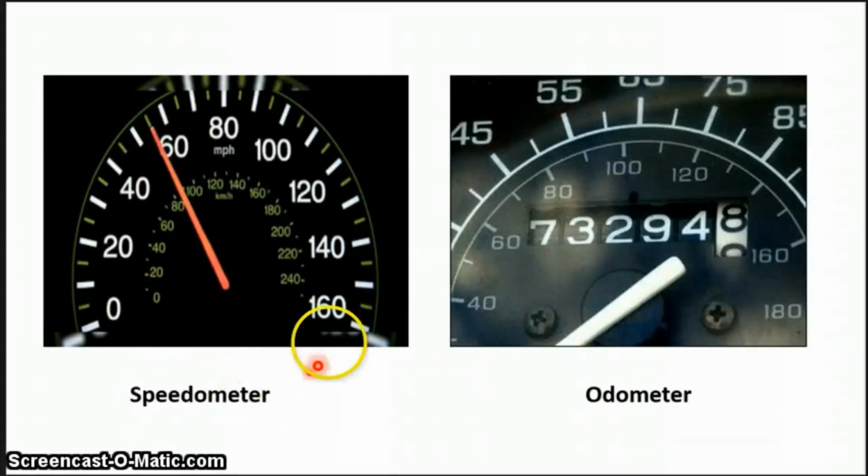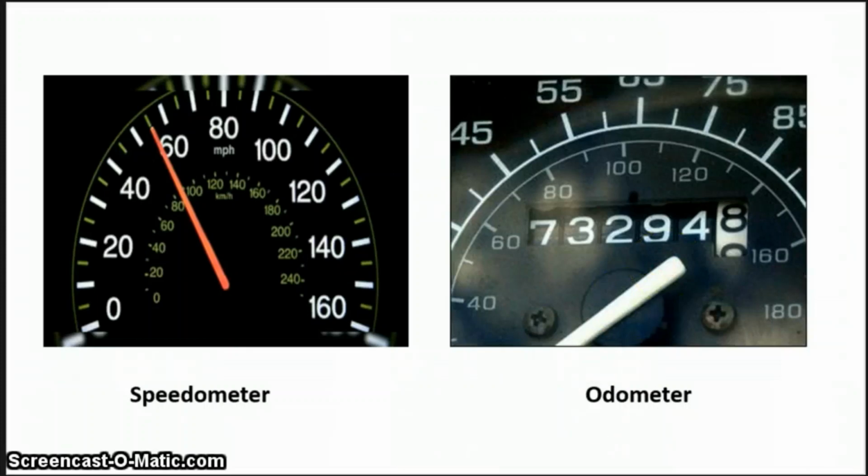So this is a speedometer. As you can see, this is 20, 40, 60. It can be in miles per hour also. It can be in kilometers per hour also. So this is a speedometer, and in the vehicle you can see this type of reading. This is the odometer, which gives the distance covered by the vehicle in kilometers.